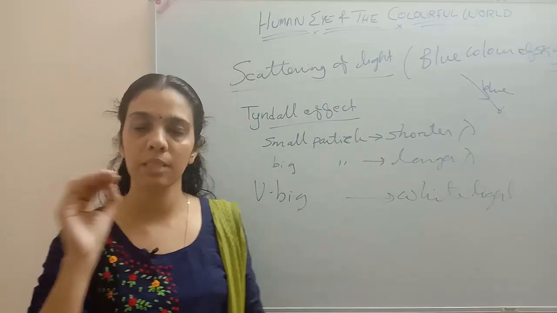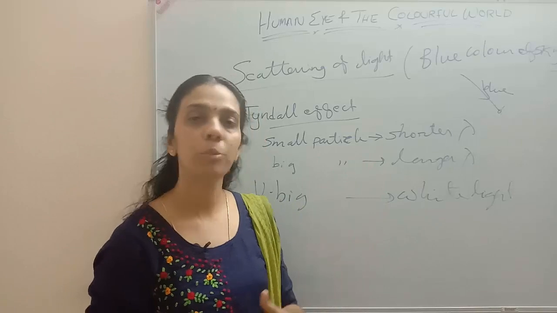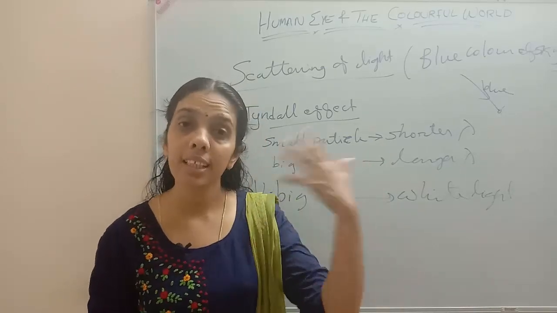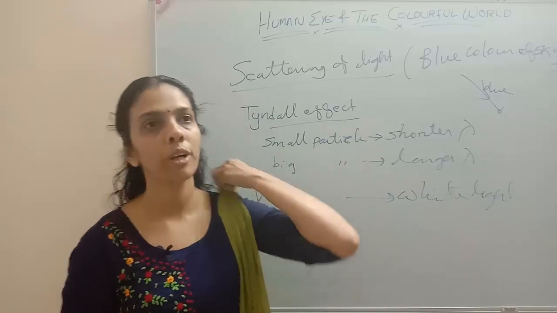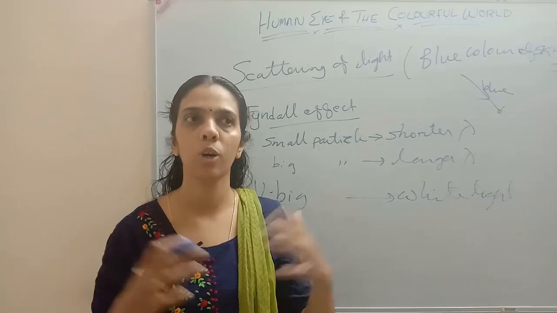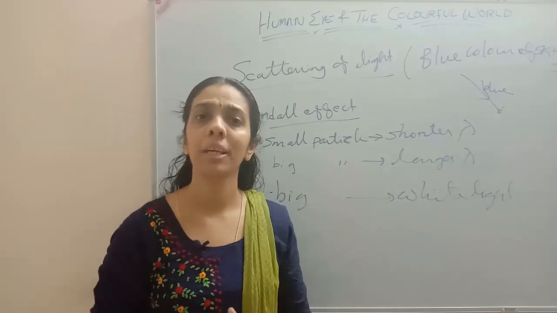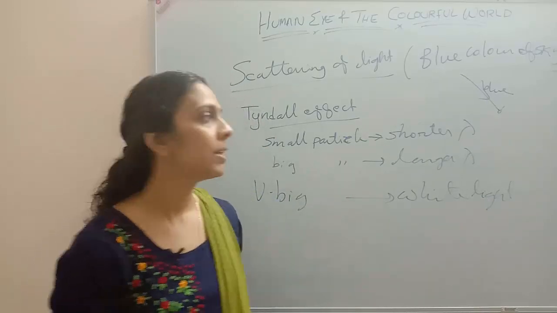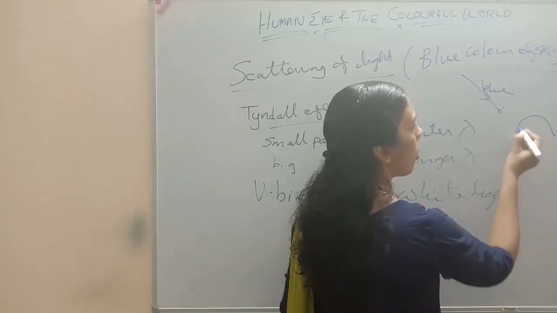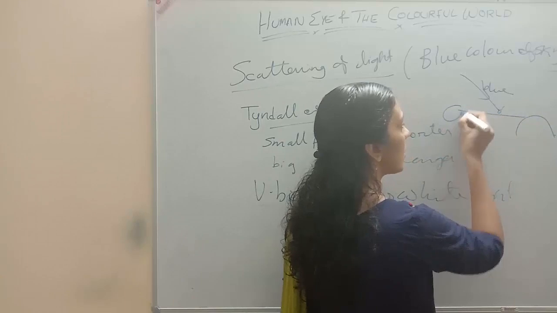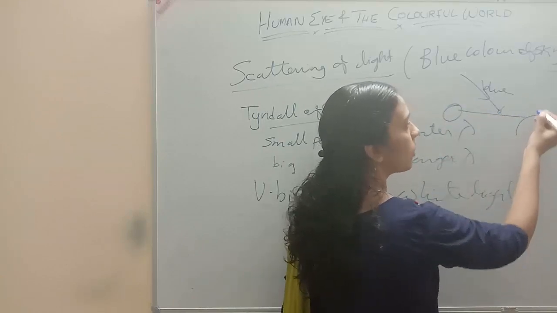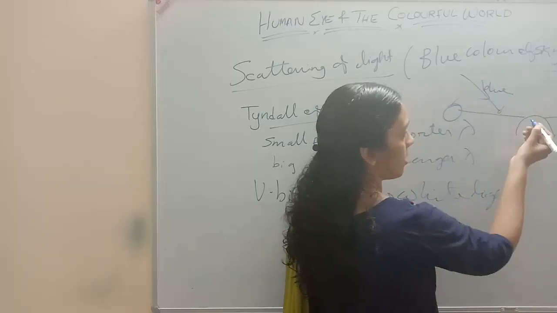In which timings will the sky be blue in color? See, in the daytime, isn't it? If it is early morning, or in the evening while we are observing the sun, the horizon, which color will it be? It will be red in color, isn't it? So see, in the early morning, we know the sun will be at the east, or in the evening it will be at the west. Compared to the other positions,